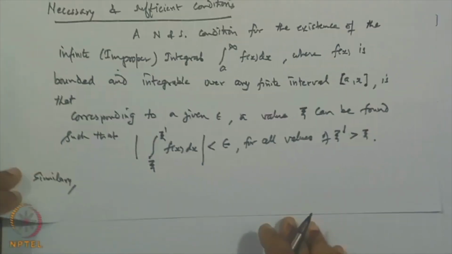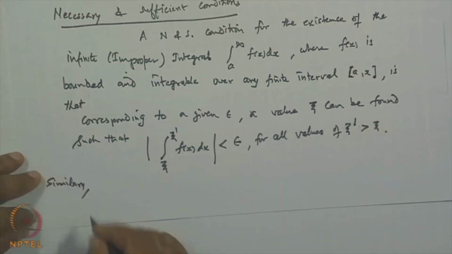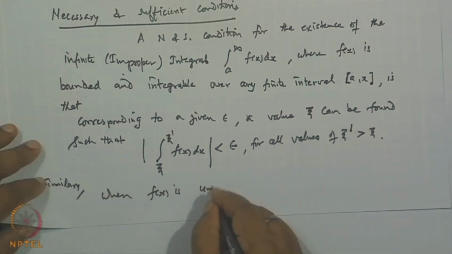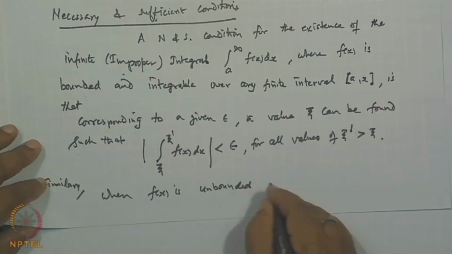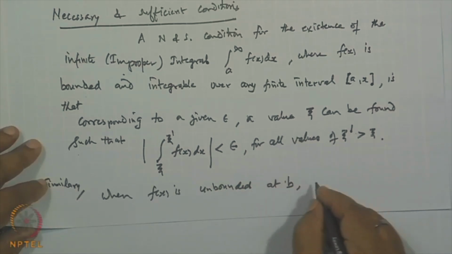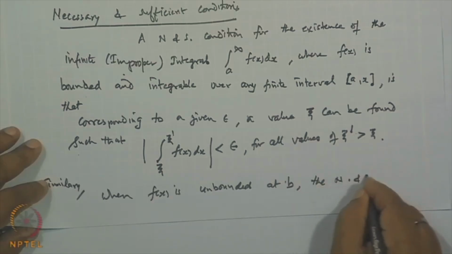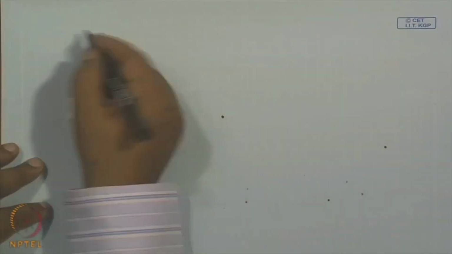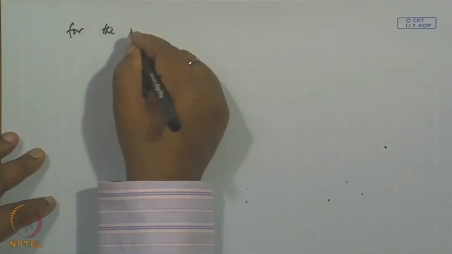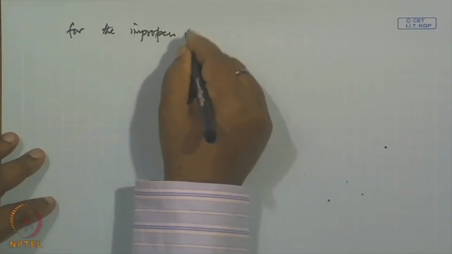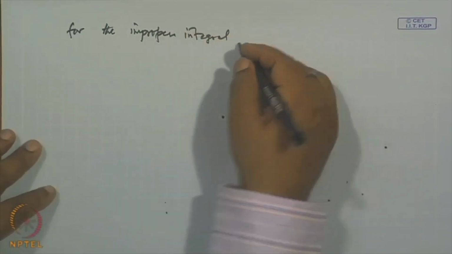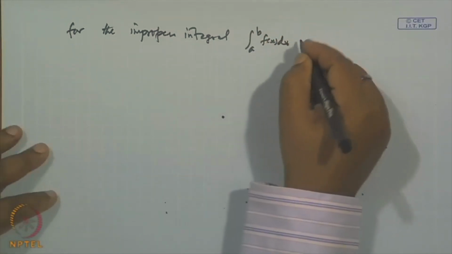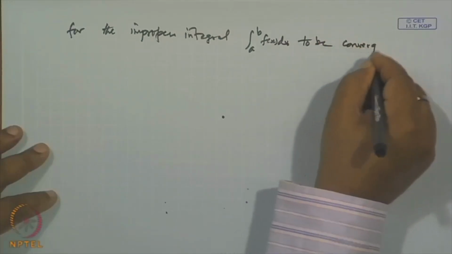Similarly, we can go for the second kind. This is the improper integral of the first kind. Similarly, for the second kind, when the function f(x) is unbounded at a point, say b, the necessary and sufficient condition for the improper integral from a to b of f(x) dx to be convergent is